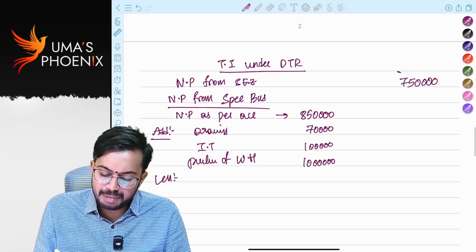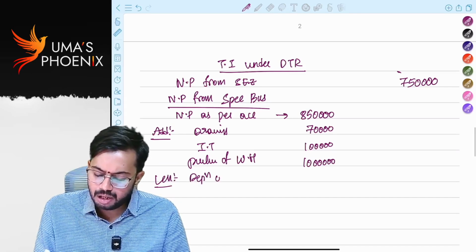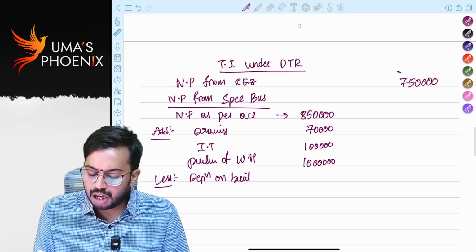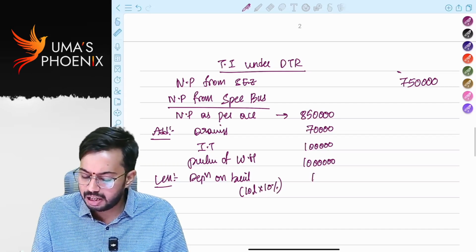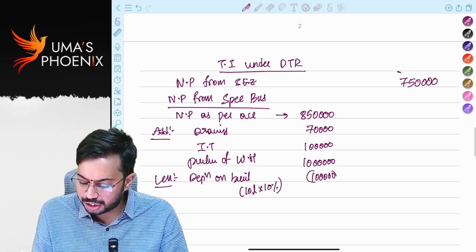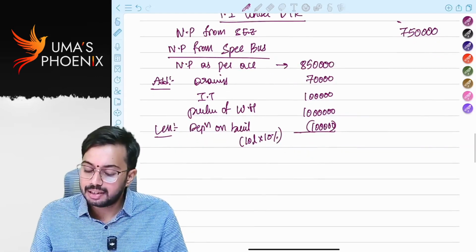However, we can claim depreciation on building, right? On building, what is the rate of depreciation? 10%. 10 lakhs into 10%. 1 lakh is allowed as deduction. Okay. Similarly,